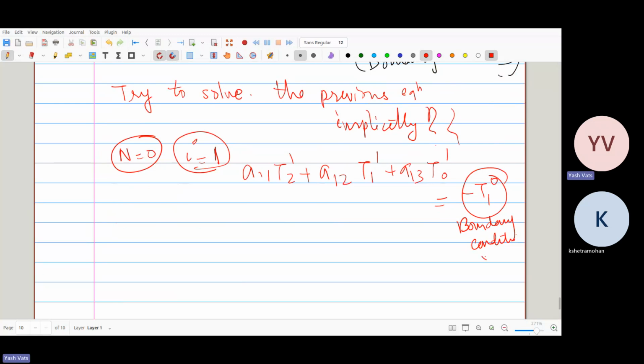Okay, this is just 0. But the main idea is I'm just telling. Okay, so if i is 2, then what is the equation? n is 0 still. You have A12